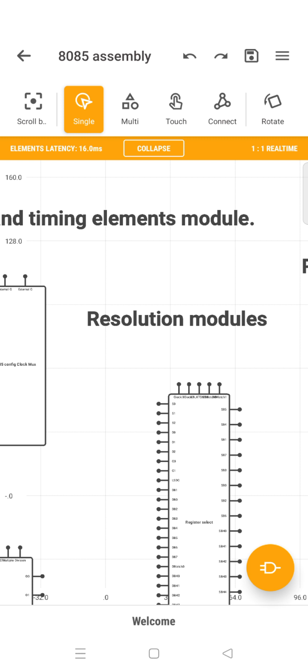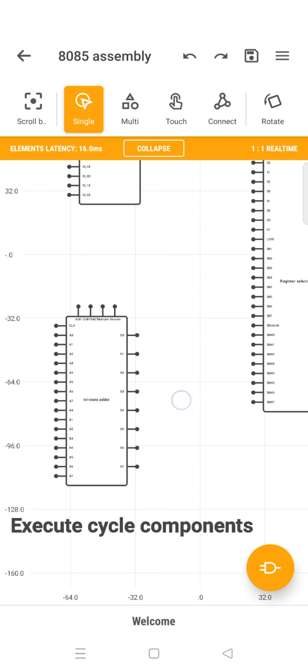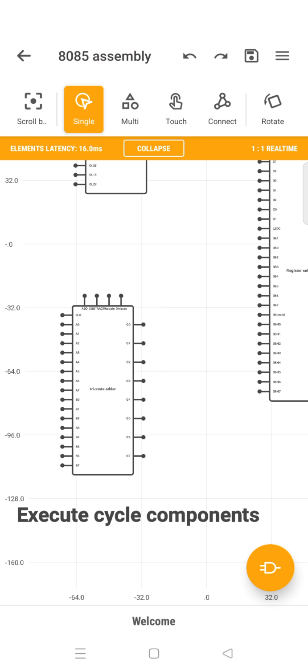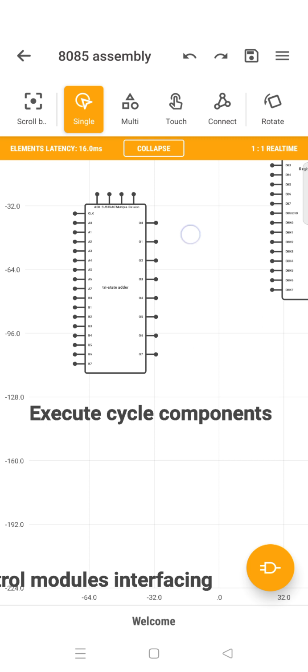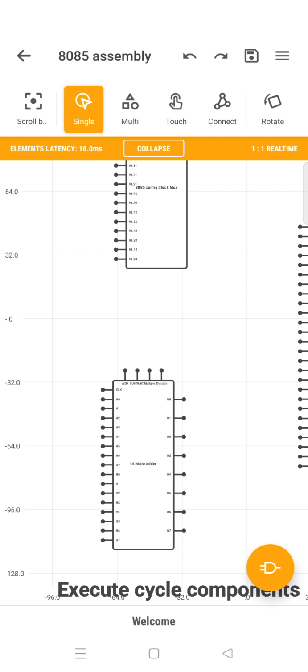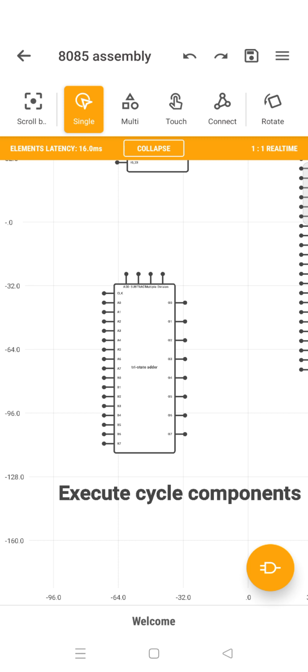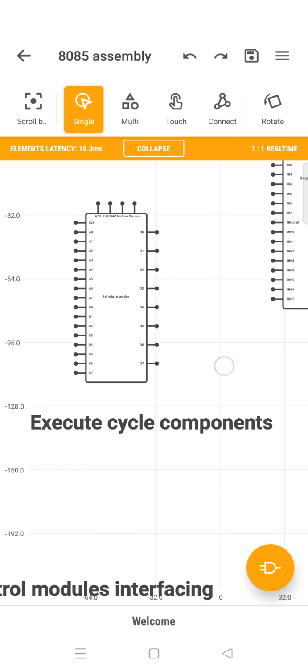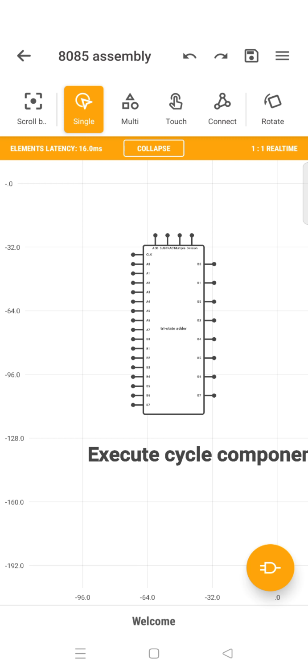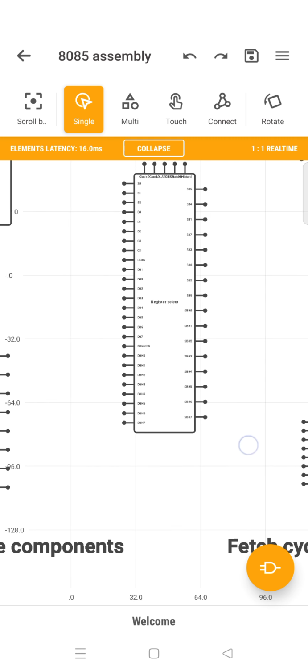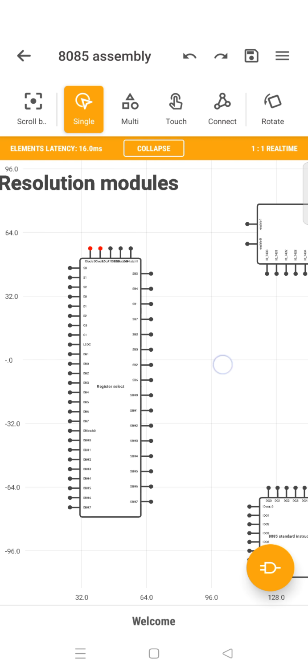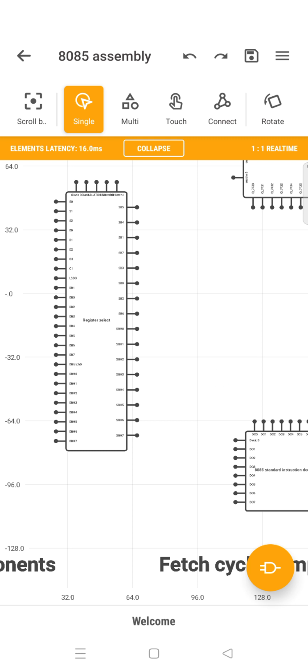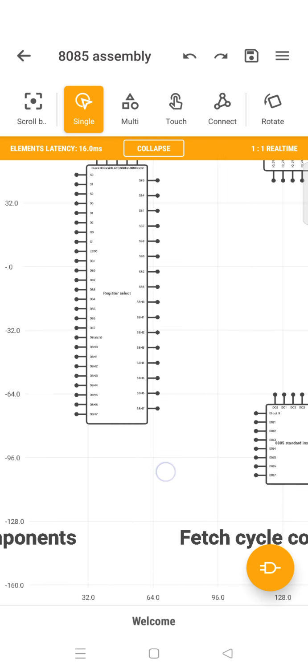Then it has a resolution module, just for address resolution, data resolution, or any kind of resolution, if you want to do those kinds of things. Then there are execute cycle components, where you are going to do execution, like addition, subtraction, multiplication, arithmetic logic unit, and other things. All these execution cycle components are in there, and you have a pack for that. Resolution is basically for address resolution, then data controller, fetch resolution, and other things.